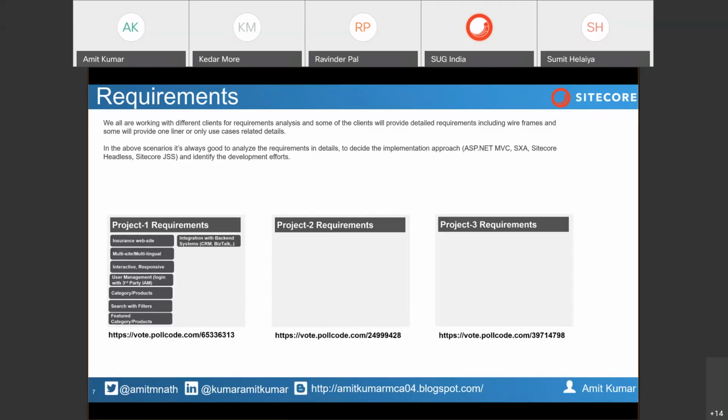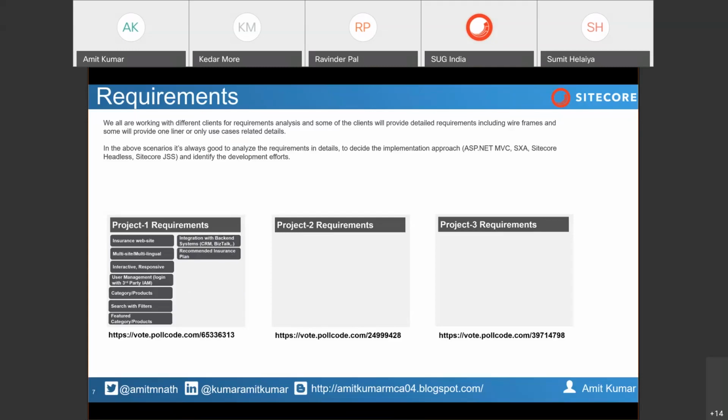There will be integration with a backend system, because if you are building an insurance portal, they will have their own backend or legacy system. Generally, it will be a CRM system which generates the code you need to display to the user at runtime, and a separate system generally for workflow. Business workflow will be created in the BizTalk system, so that interaction will also be present in this website.